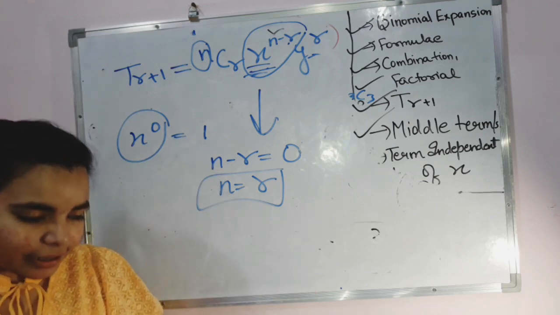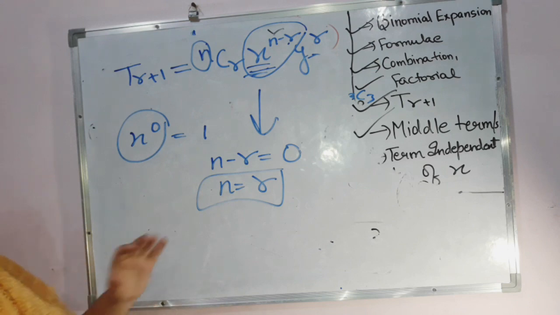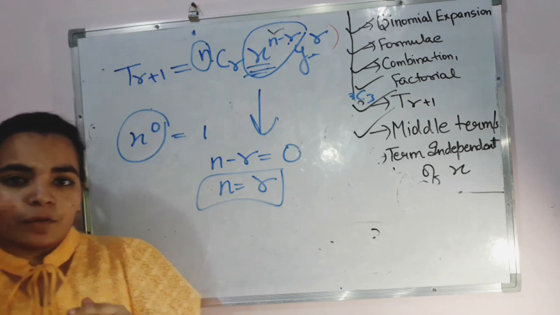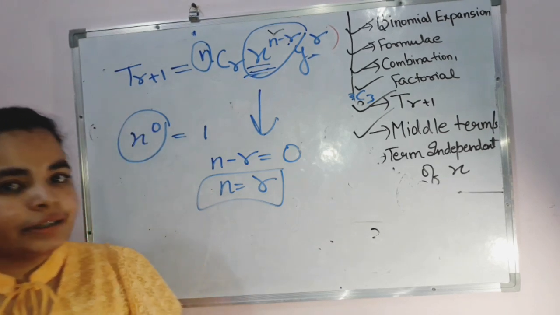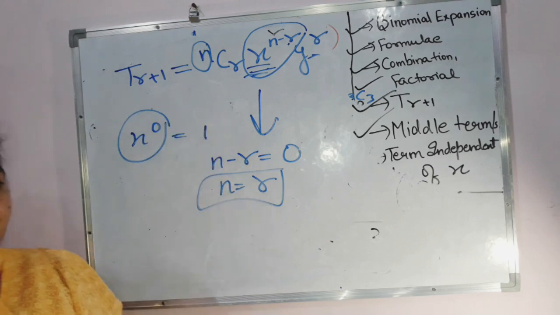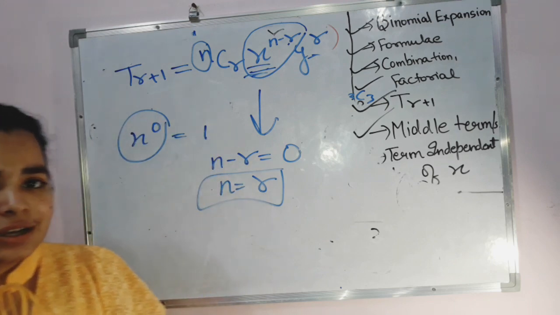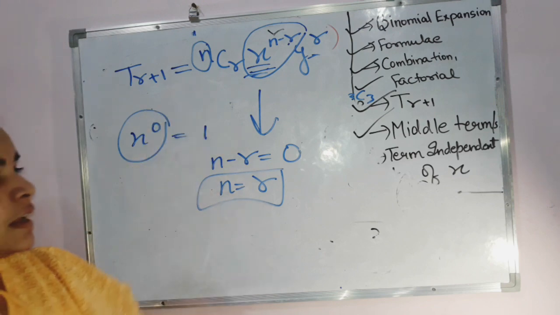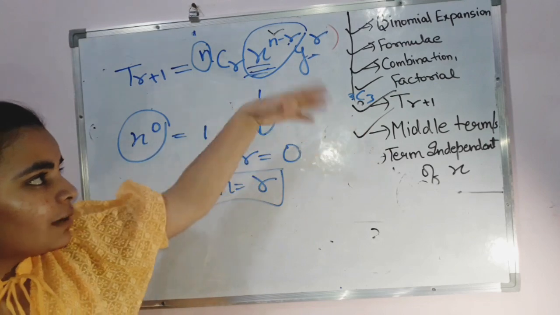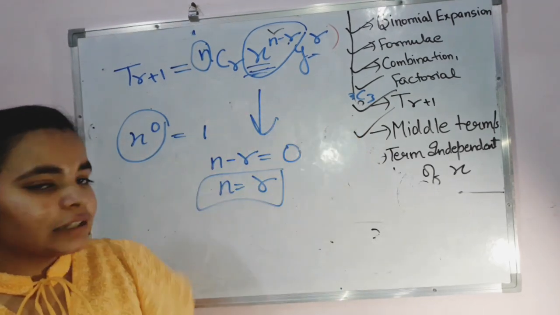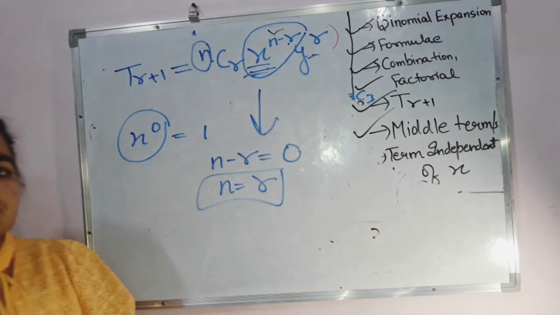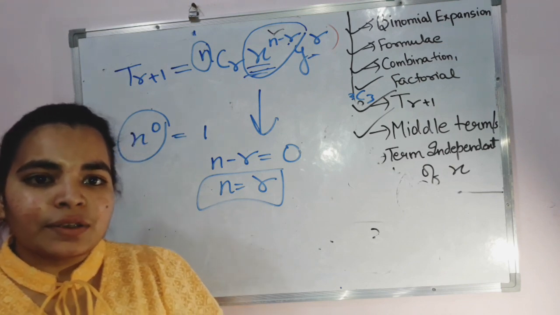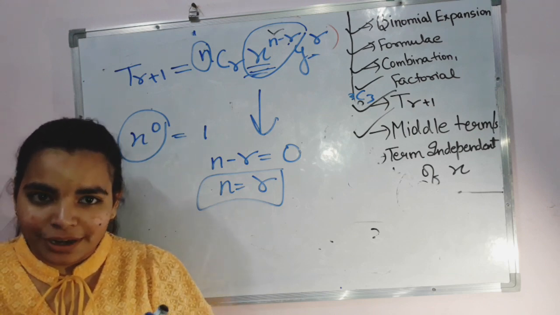So the only thing that we were doing from the beginning was the observation part, observing how we were getting the formulas. We haven't learned any formula till now. In this entire binomial expansion, we haven't learned anything. It was just general observations that we were making, based on which we derived our formulas, for the T(r+1) general term, for the middle term, and for the term independent of x. Just basic common sense and certain observations. That is all. So here we wind up with the chapter on binomial expansion.